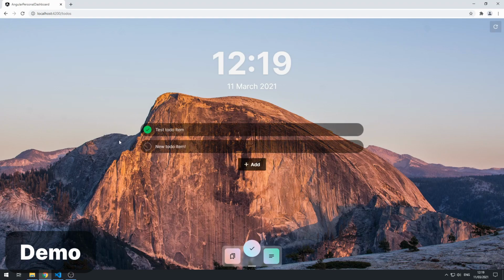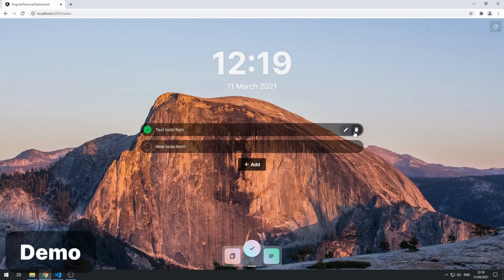Alright, so here we have the to-dos view, and currently we only have these two to-do items, okay, and this one is completed, and we can actually change the completed state by clicking on the to-do, okay, so that will change it to an uncompleted state, and we could click it again to change it back to a completed state, okay, so clicking on the to-do items will toggle the completed state, and if we look here, on hover we see these two